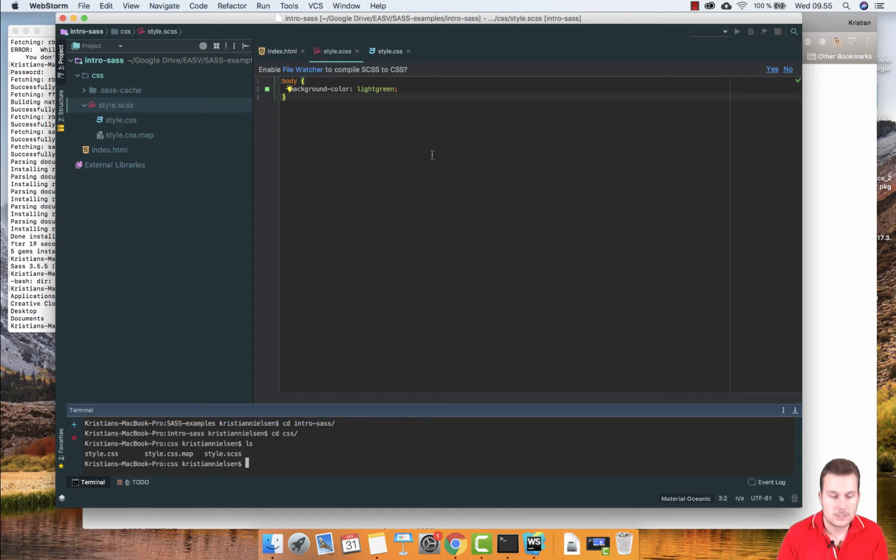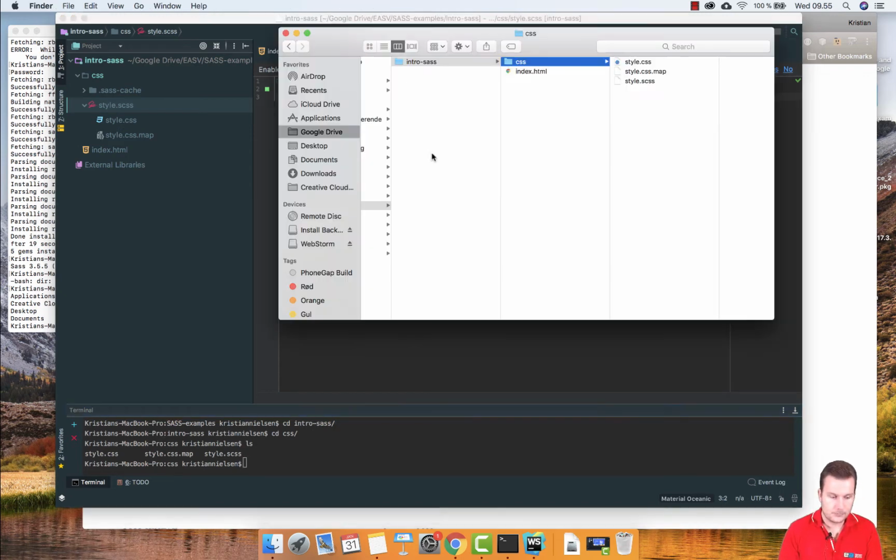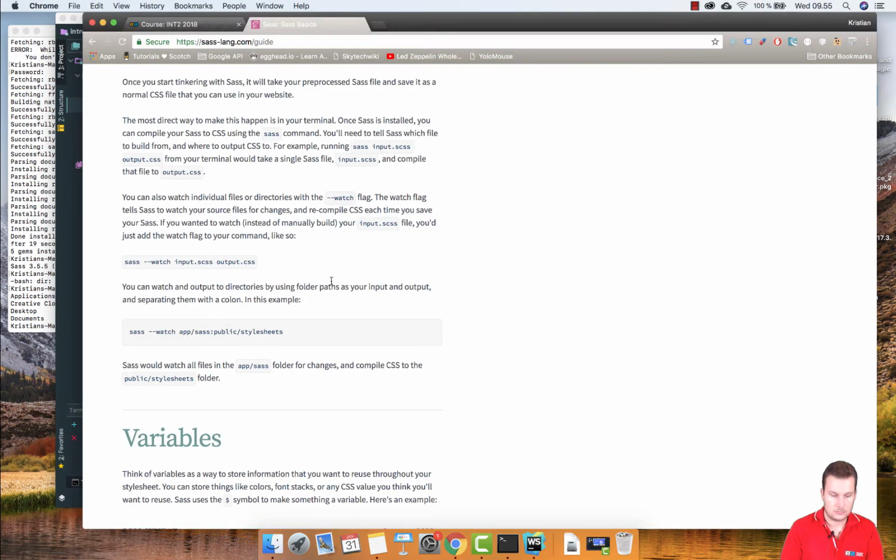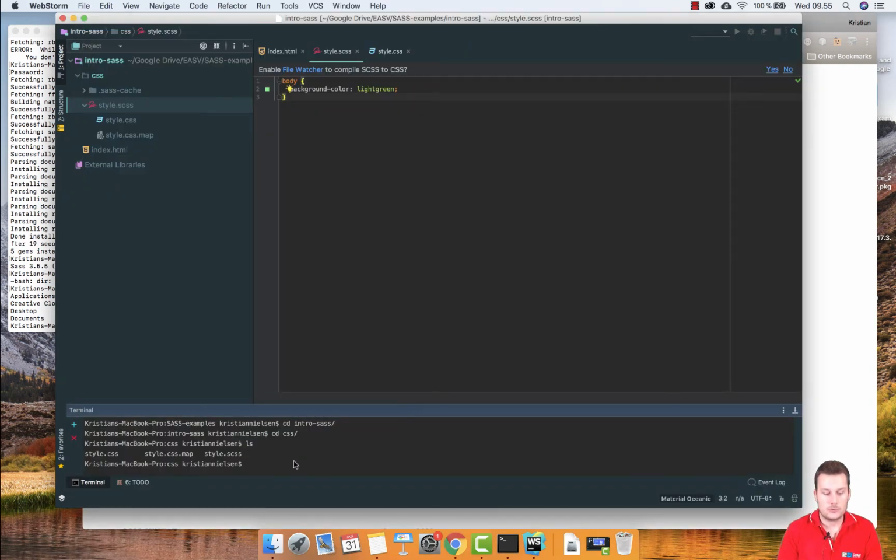Now we're going to convert this into our CSS. Go to our here, and we can just copy this if you want to, or we can just write it. I'm just going to write it so you can just follow. We're going to start with typing sass, because now we're invoking the program, or whatever we want to call it. That's called sass. And then we're going to do two dashes, and then we're going to do watch. And this watch here is kind of cool, and I'll show you what it does in a little while. And then we're going to type the name of our SASS file first, because that's our input file. That's where we write all the code. And that's called